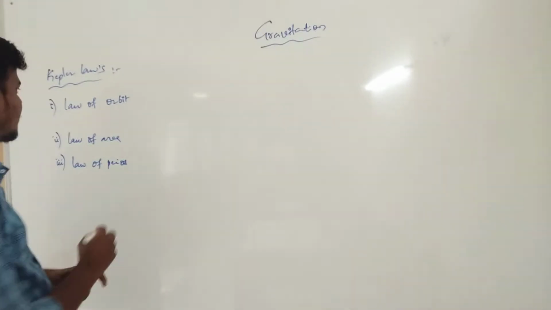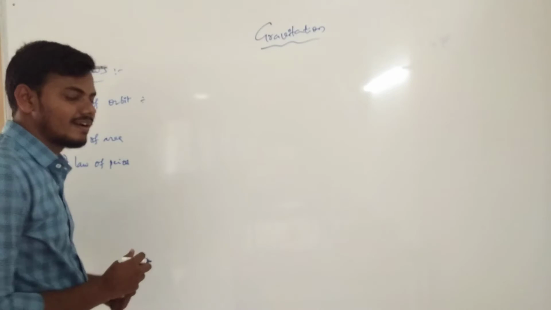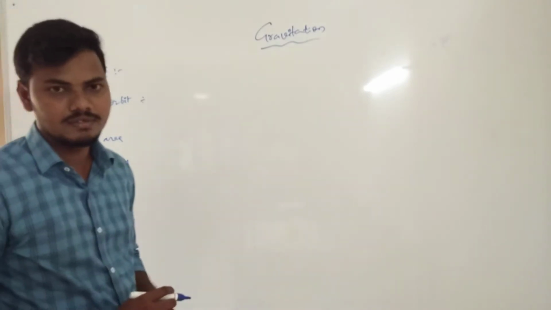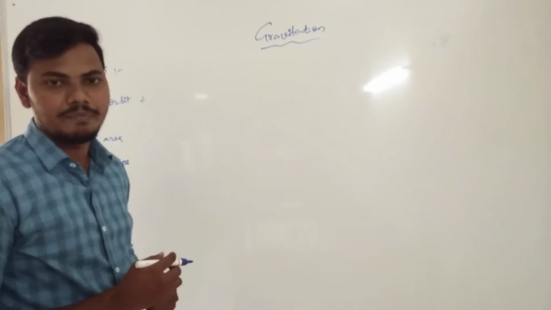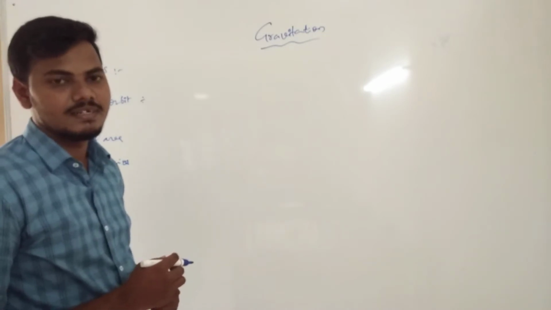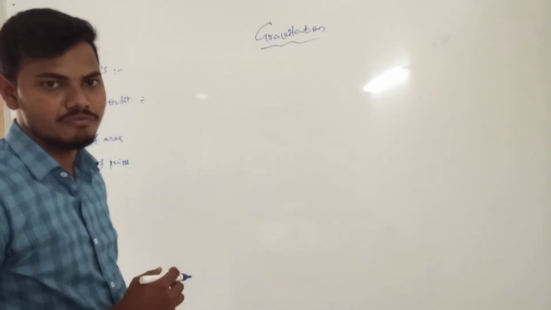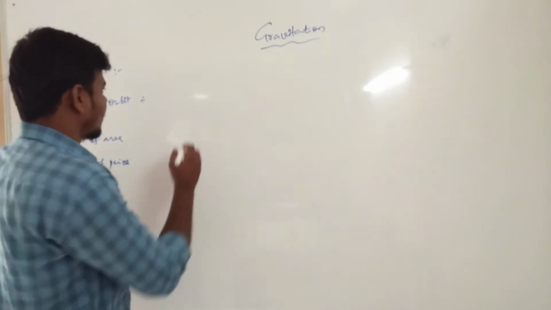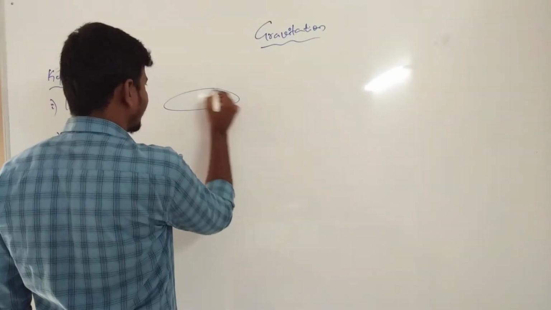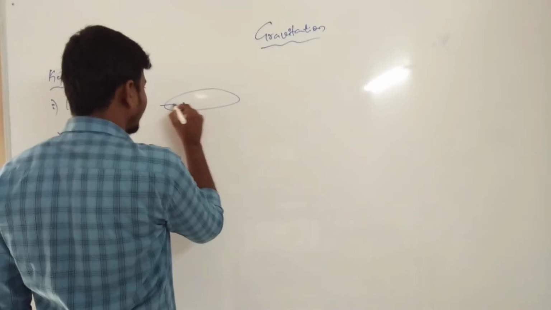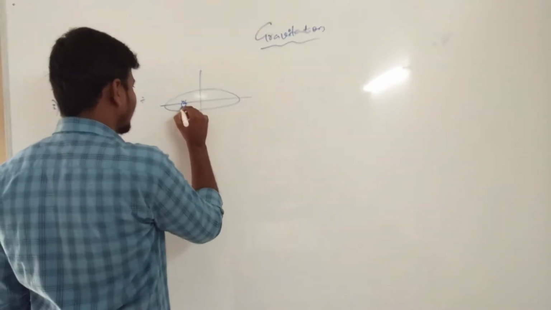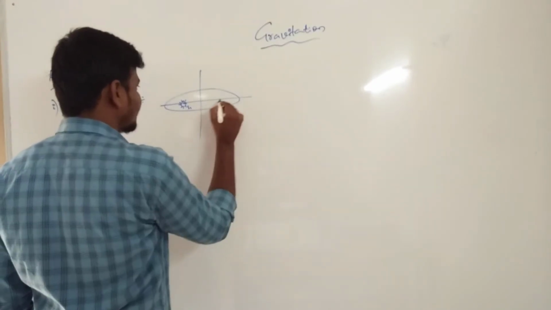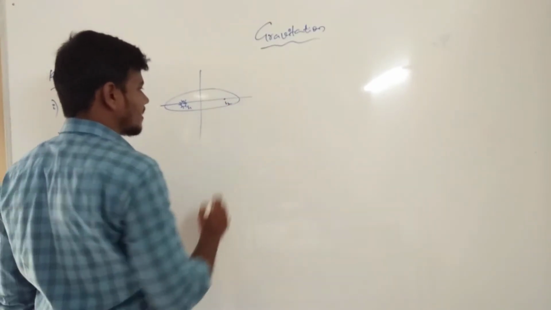Clear. Now this is the statement that is applicable: the planets are always revolving in an elliptical shape. In the elliptical shape, the sun is situated at one of the foci. Taking the sun at one of the foci is the law of orbit. This is the sun property. This is the sun. Now the sun at position S1, and this is the sun at position S2.